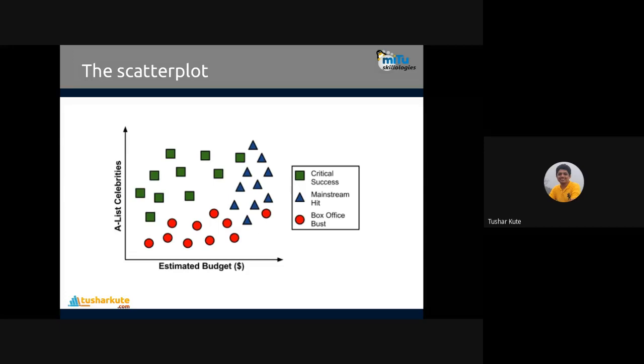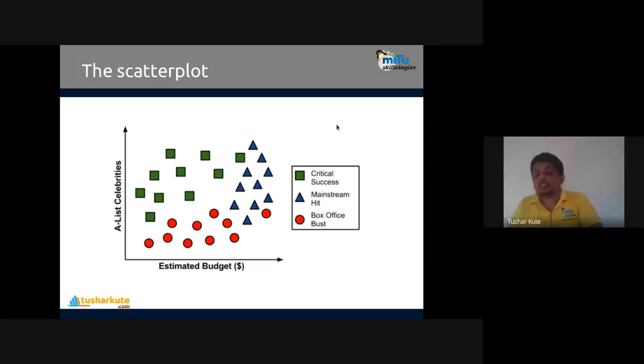Now, how will the algorithm build a tree? The tree checks whether it is possible to have an exact horizontal or vertical split so that one or more classes can be separated. Is an exact horizontal split possible here? No, one class can't be separated exactly. Here also, exact separation of one class is not possible. Keeping the concept of machine learning in mind, machine learning focuses on accuracy, not on perfectness.